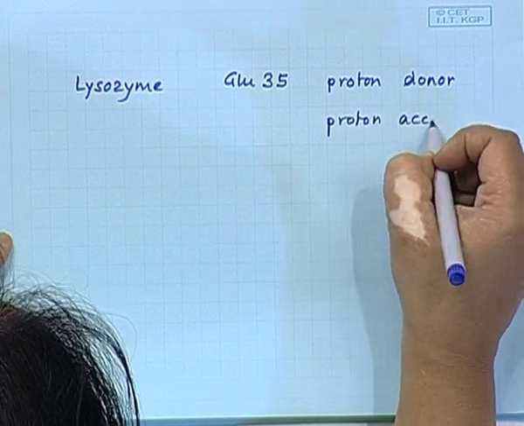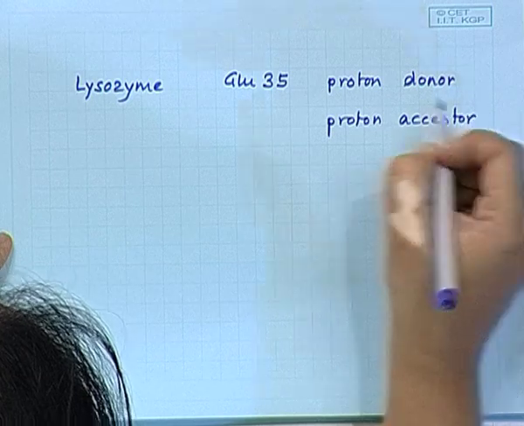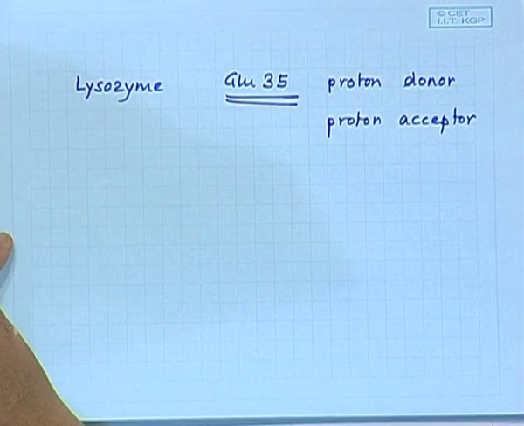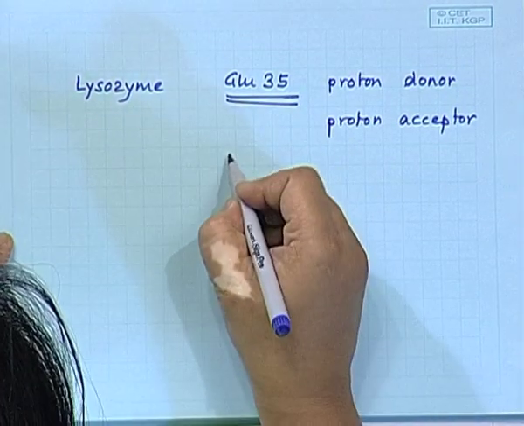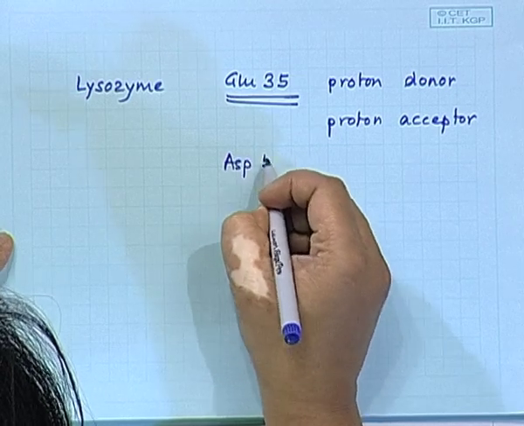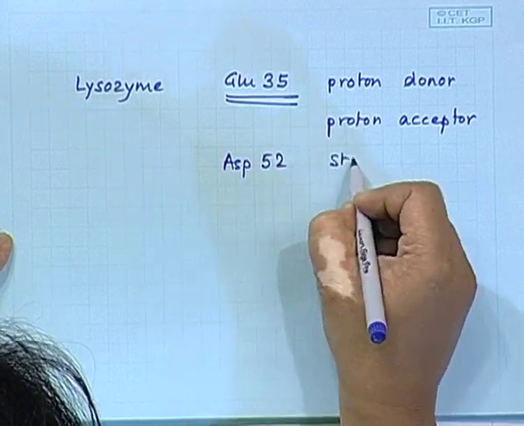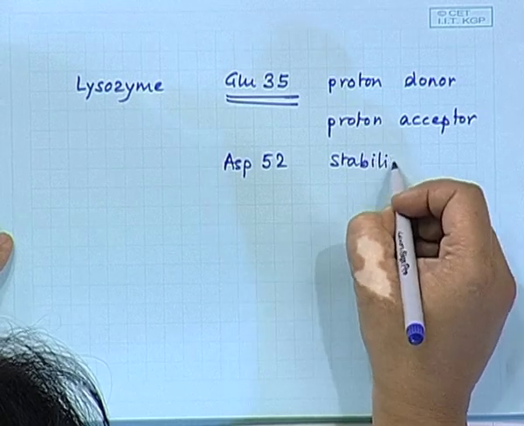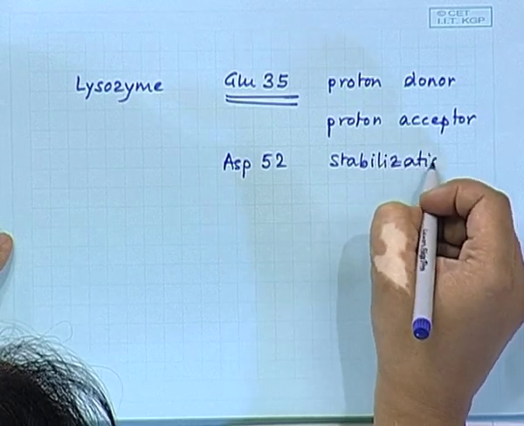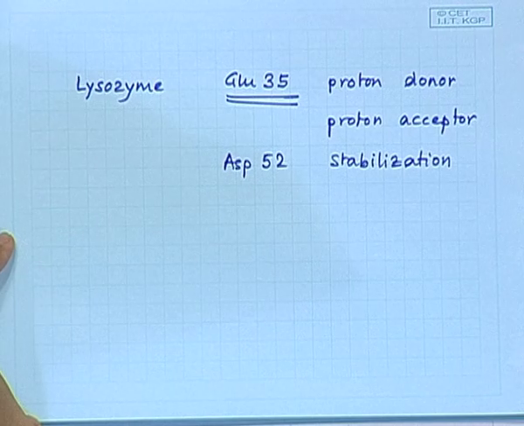So, it is basically only the glutamic acid that is taking part, and the aspartic 52 was there just for stabilization, right? That is the role of the aspartic 52. Now,